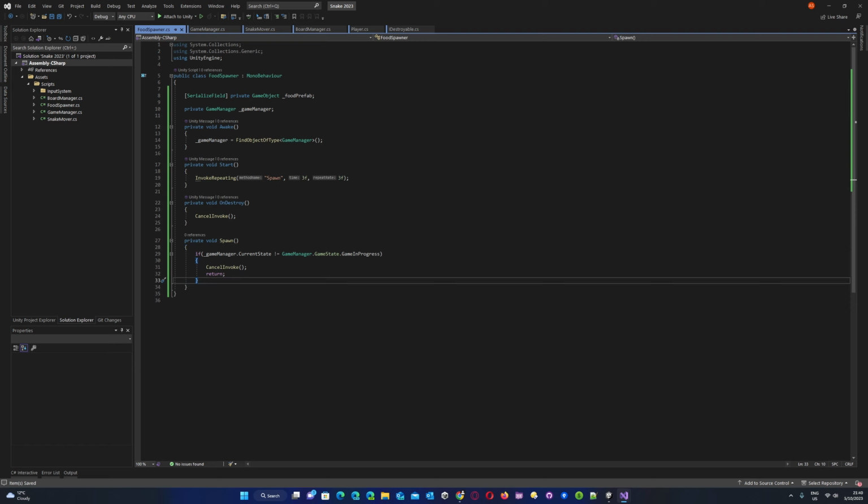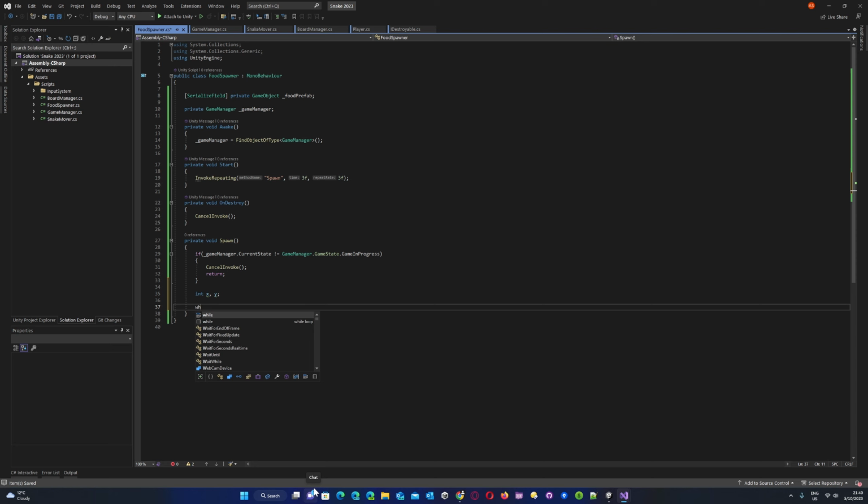And what we're going to do now is create two variables, and both of them are going to be X and Y. And we're going to do a while loop here. Now, I want you to be very careful with while loops, because if you don't have a way to get out of these, it can lock up your project. And I highly suggest that you always save your script, go back to your editor, save your project, because if something does go wrong and you haven't saved your project, you will lose